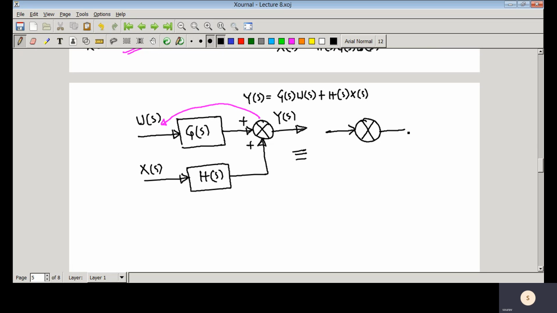So here you can see that Gs is here, the same transfer function is here, and then if we change the position of that comparator, you keep it as same here, and then the input coming to this block is Xs. Now if we put Hs by Gs,